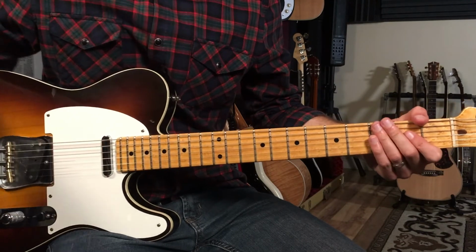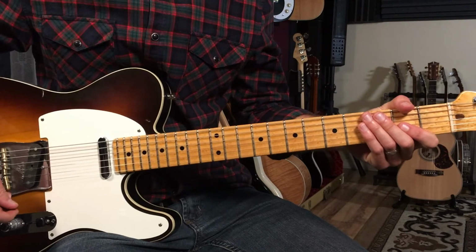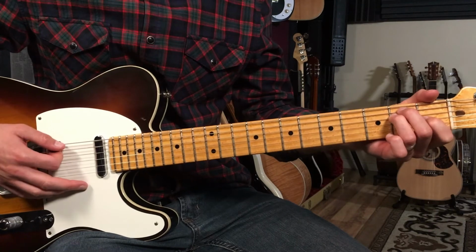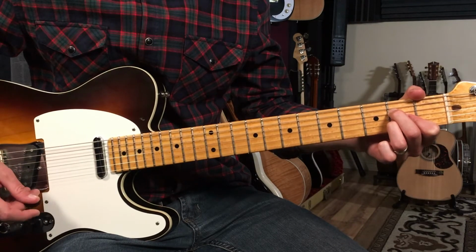And then we get to the bridge section. All right, let's learn the bridge next. Now, this is another 16-bar section, but it starts on the A chord, which is what we call our 4 chord. And this is what a ton of classic songs do, is they go to the 4 chord in the